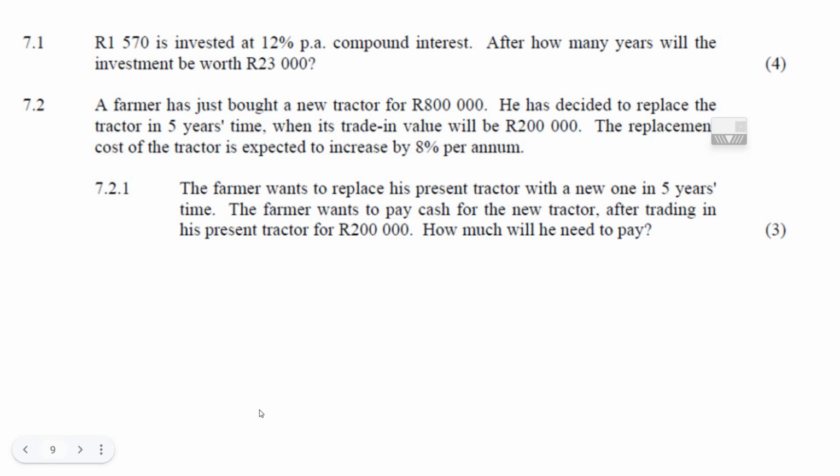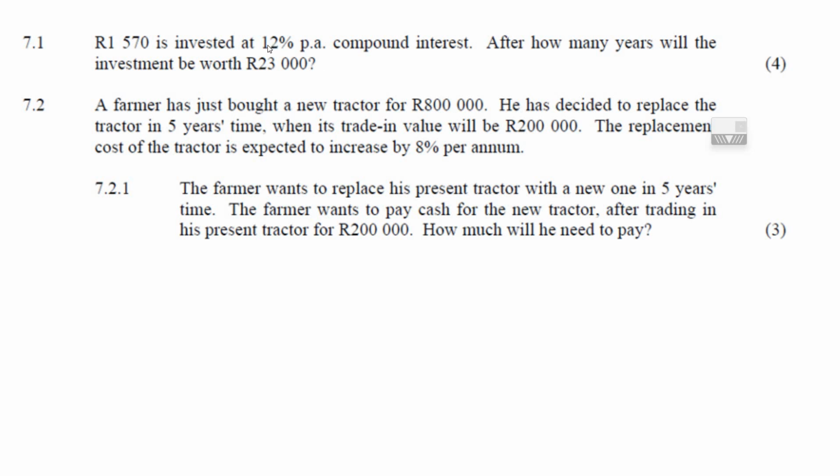Let's try this financial math question here. Now, they tell you that this amount of money, 1,570, is invested at 12% interest, compound interest. After how many years will the investment be worth 23,000? Well, this isn't monthly, it's just yearly. So all we do is take our compound interest formula from grade 9 or 10 or whatever,